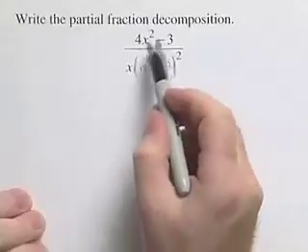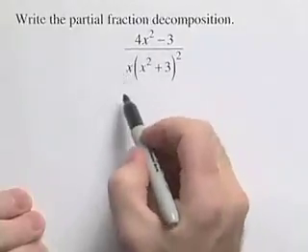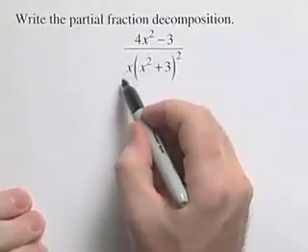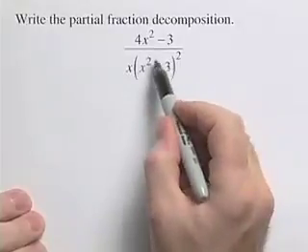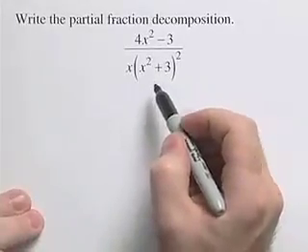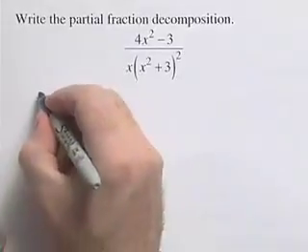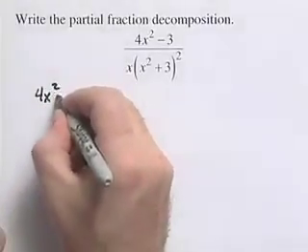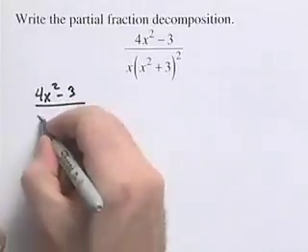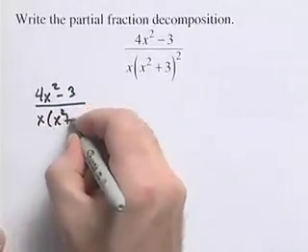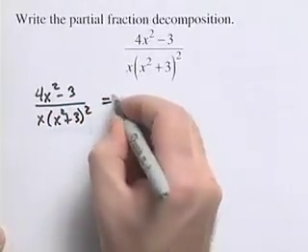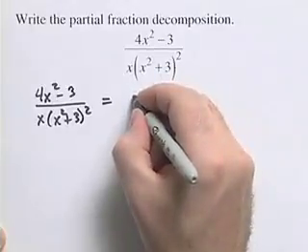For this problem, we're going to do another partial fraction decomposition. If we look at our expression here, we see that the denominator has a linear factor and a repeated irreducible quadratic factor. It means that our partial fraction decomposition is going to take on this form. I'll write 4x squared minus 3 over x times (x squared plus 3) quantity squared. And if we decompose that, we're going to get